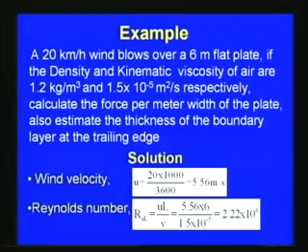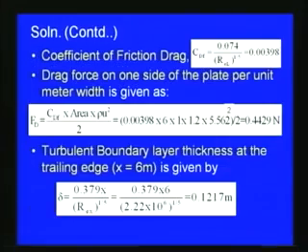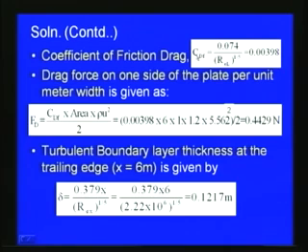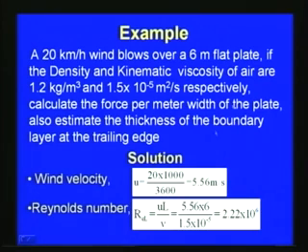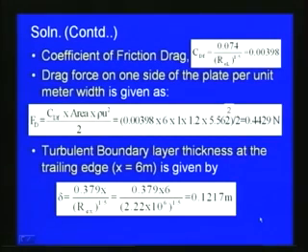So, we can utilize the equations which we have seen in the last lecture for the coefficient of friction drag and various other parameters. For the turbulent flow regime, we get CDF is equal to 0.074 divided by ReL to the power 1 by 5. In the previous slide we have seen that the Reynolds number is equal to 2.22 into 10 to the power 6. If we put this in, we will get CDF, the coefficient of friction drag, as